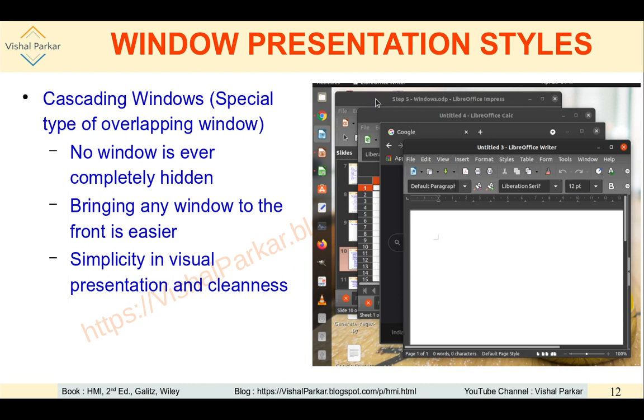You can simply click on that and that becomes available in the front. Simplicity in visual presentation and cleanness is seen, which is in contrast to the first example of overlapping windows, wherein it was not clear whether that many windows are available. Only there may be a window present just behind all the windows, those can be seen.